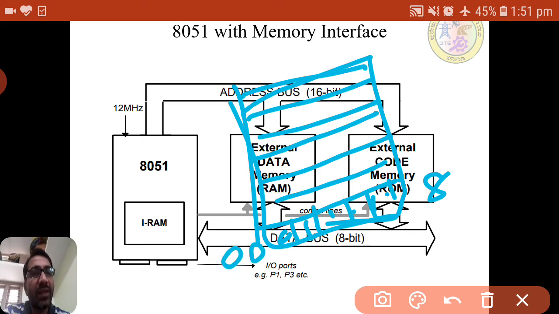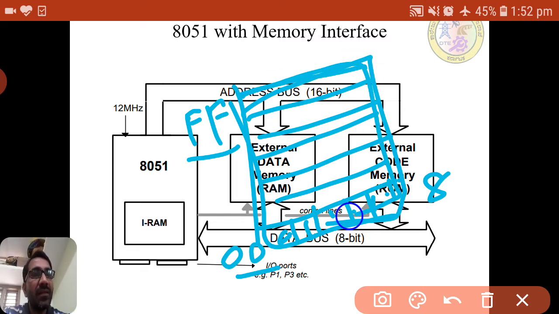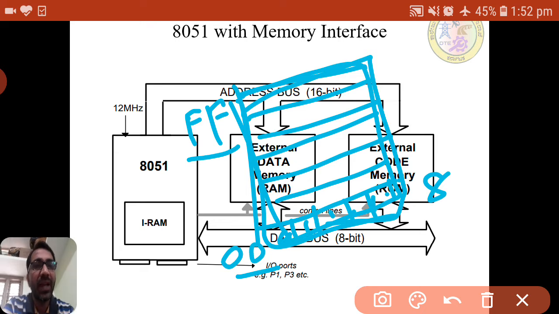The address will usually be specified in hexadecimal. If it is like 256 bytes, then the address will be 00 to FF. This we call a memory, in which we can store values, either instruction or data.